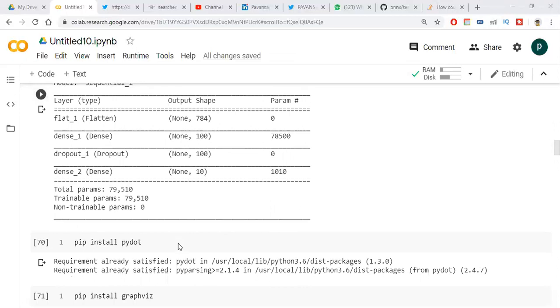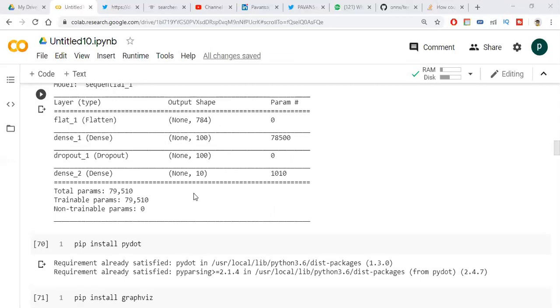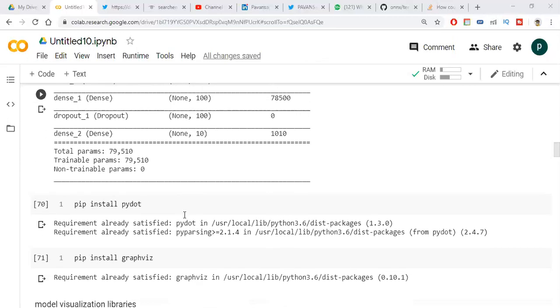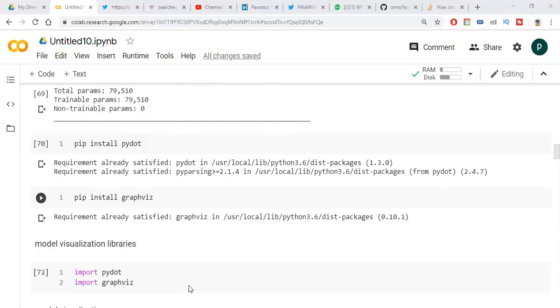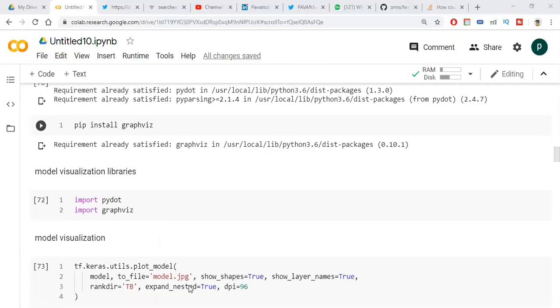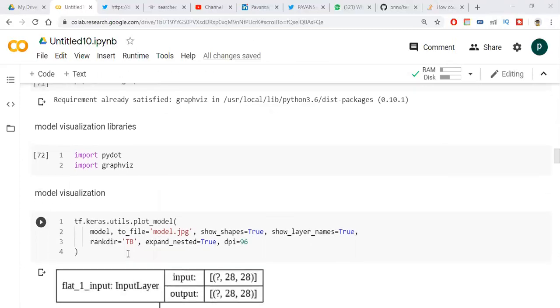If you want a visualization of your layers, how the data is transferred from the input layer to the output layer, and how the data changes with respect to each layer, we need two libraries for visualization: pydot and Graphviz. After installing, you need to import these libraries. After this, you need to plot your model using the function tf.keras.utils.plot_model.